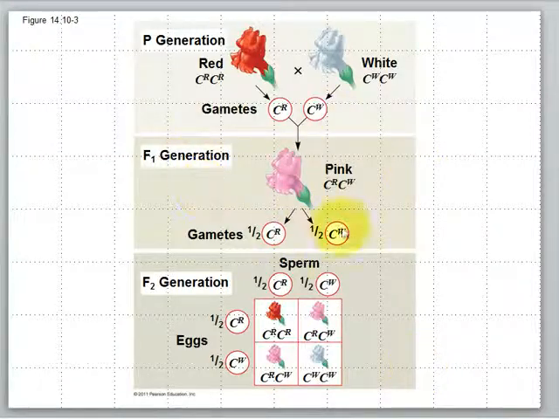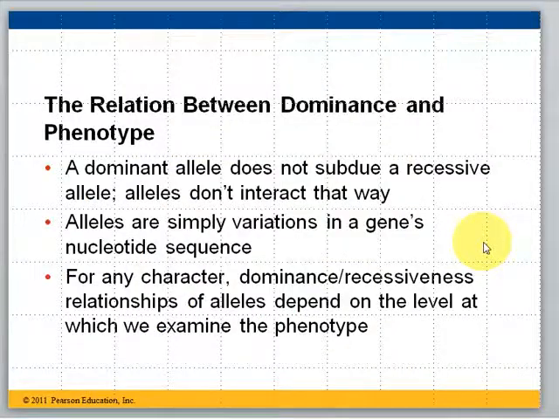So this is what might have caused people to think about this blending hypothesis, this blending idea of genetics. In the F1 generation, you would expect them all to be pink. But then when they put those together, and you expected this to be blended and 2 pinks to create just more pink, well, you'd get a red and 2 pinks and a white, and that would really ruin your blending hypothesis. This idea of dominant and recessive is nice and clean if it's complete dominance, but